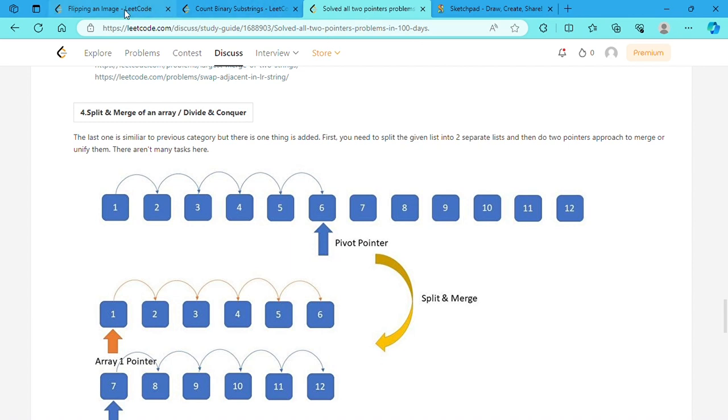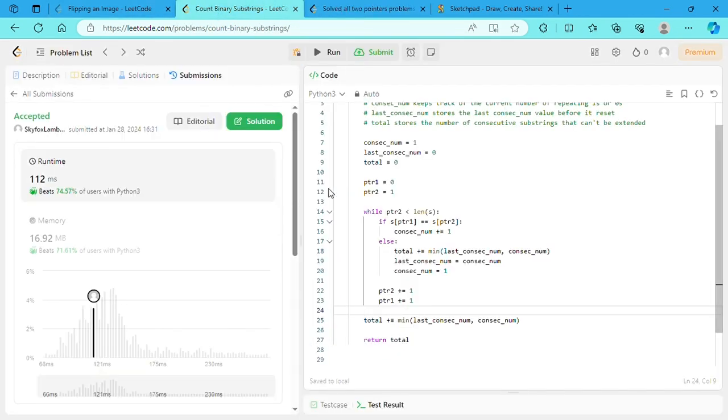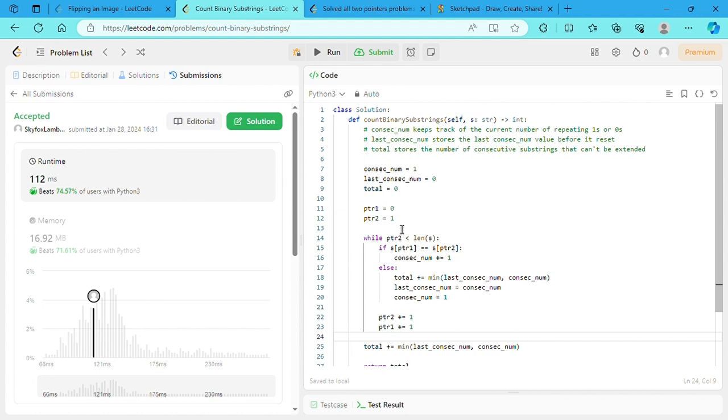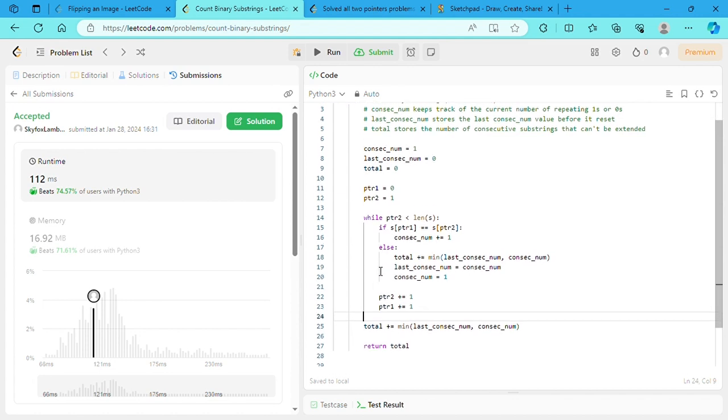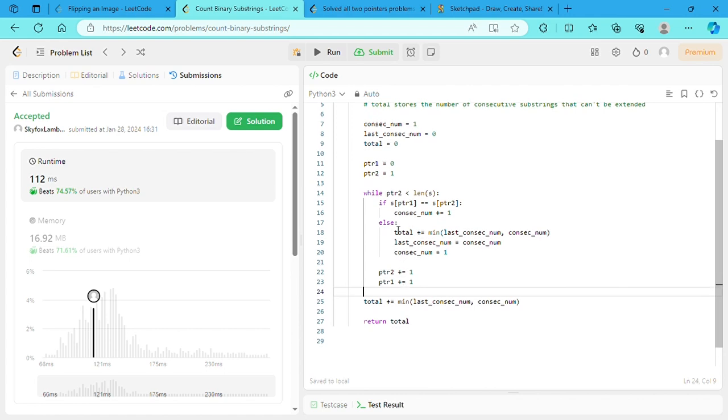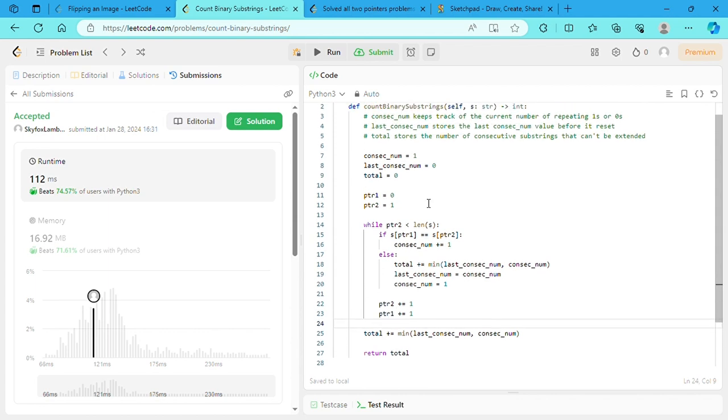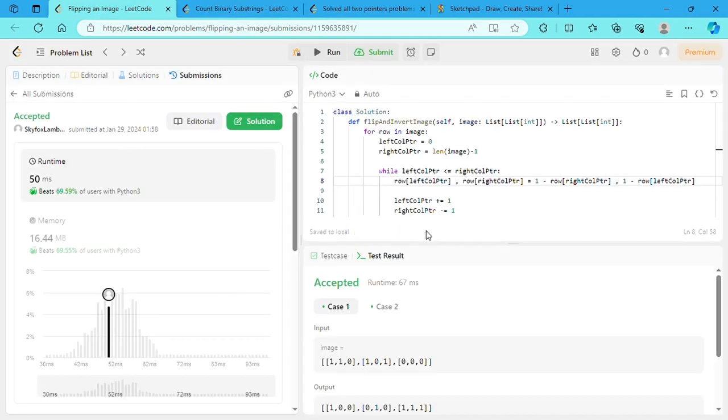So that is how you can use the two pointer technique to solve problems. The time complexity of this is O of n, because you're only running one while loop, and you have to go through the entire string. And the space complexity is O of 1, because you're not using any extra space. The same thing for the flipping image question. The space complexity is O of 1, and the time complexity here is